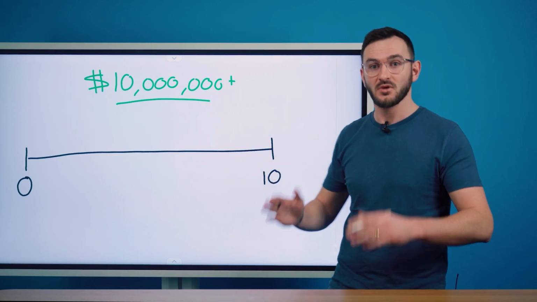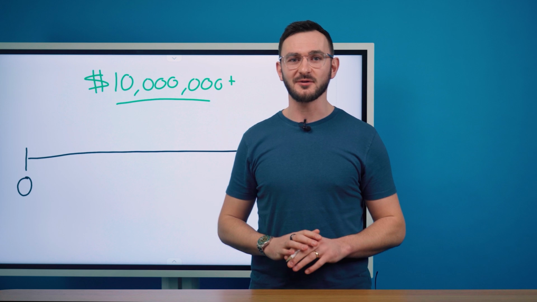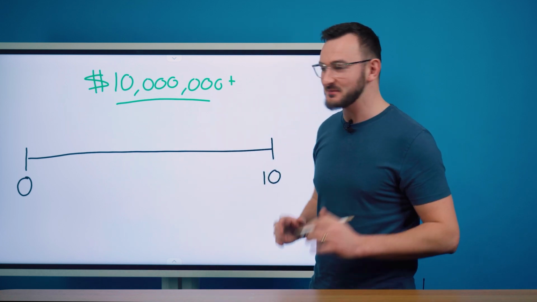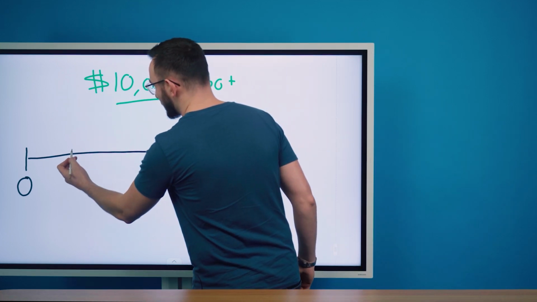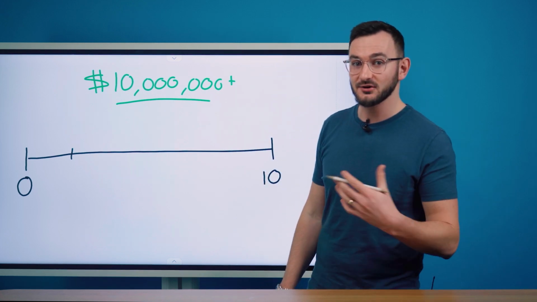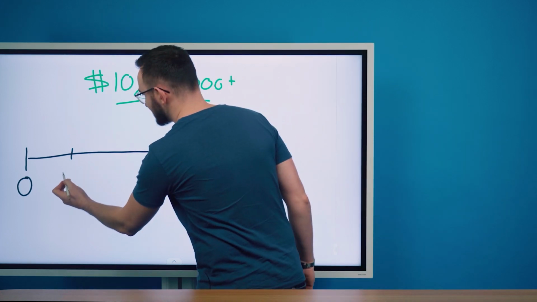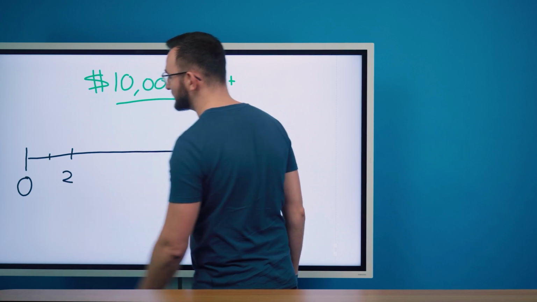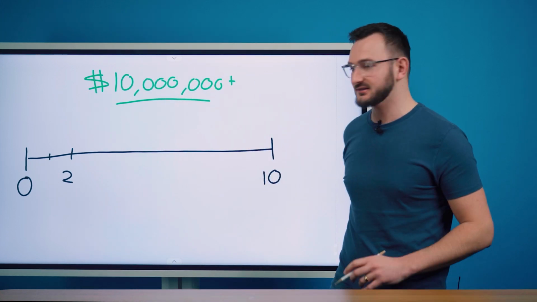So the goal here with the conversion timeline is we need to get someone as close to a 10 before we get them on the phone. The issue is most people don't do this and they don't teach it. What most people are doing is they're getting on the phone with someone right down here at a 2. Maybe we skip the 1 and we get someone to a 2.